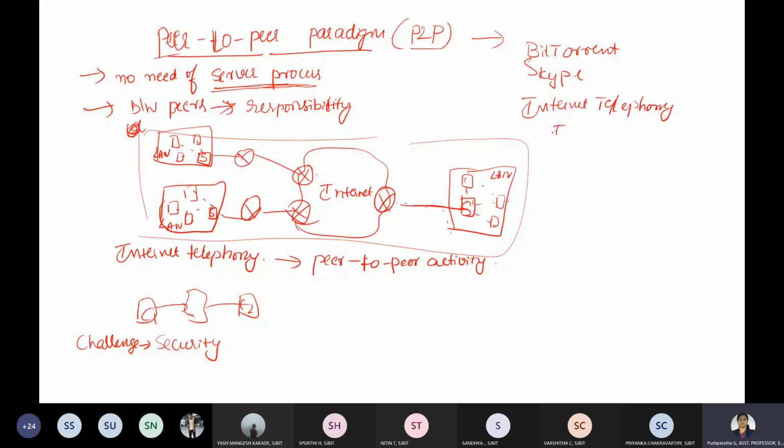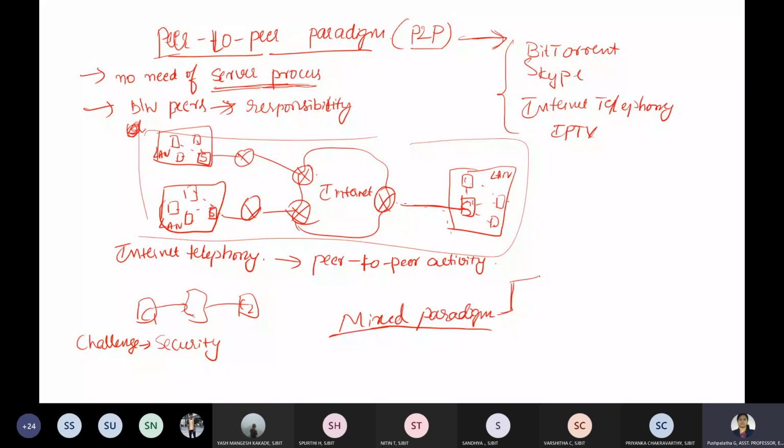Apart from this, we also have one more paradigm, called the mixed paradigm. Basic knowledge is definitely required, otherwise further analysis would not be clear.